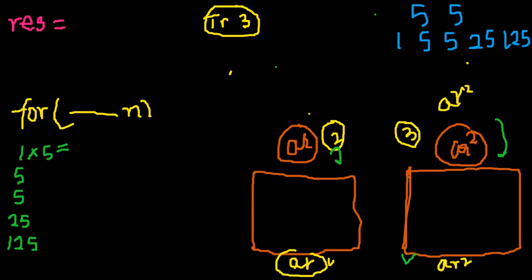So let me change color, so that it could be different. Okay, so 5. So we'll increase the frequency of 5 here. Okay, no issues. So this case is done. So we'll come at 5. We'll check if 5 is present in the third map. No, it's not. So we'll check if it's present in the second map. Yes, it is present. So we'll simply multiply it by the common ratio R and we'll increase its frequency here. Okay, and for this question also in the last, we'll again multiply it by 5, that is the common ratio, and we'll be increasing its frequency here. So this will become 25.